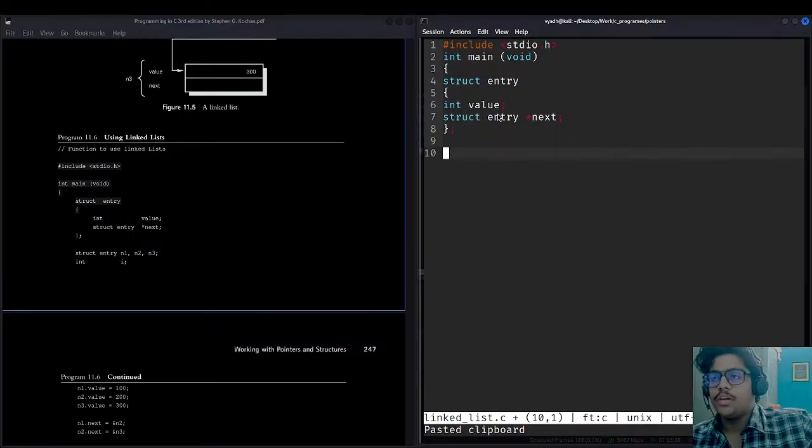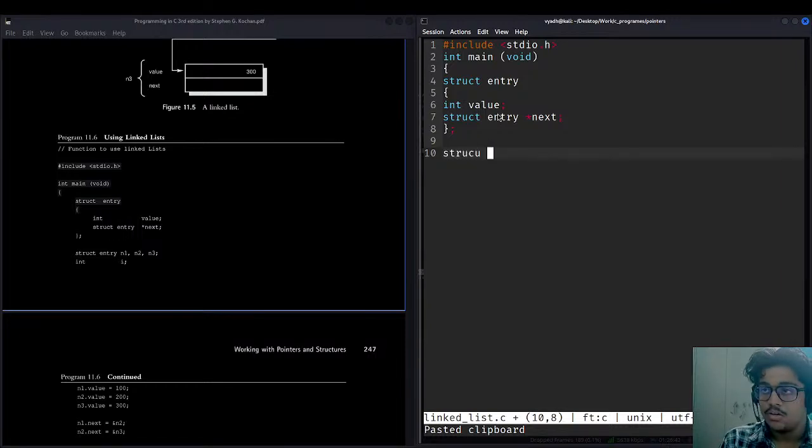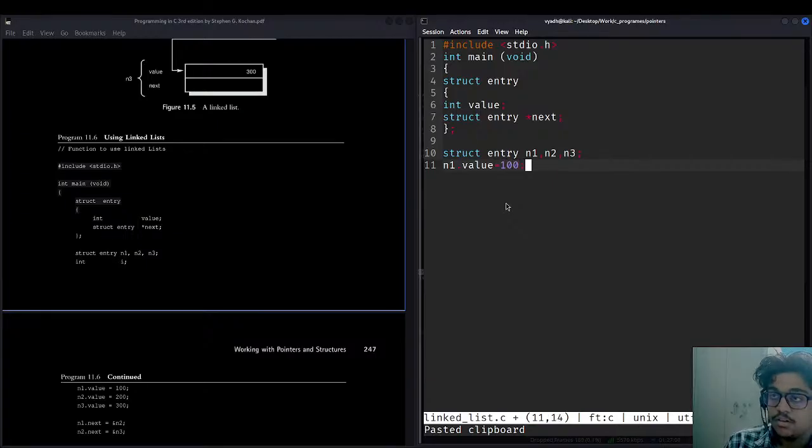And what we'll be doing now, we need to define the variables. So struct entry, we are taking three variables: n1, n2, n3. Now we are defining the value: n1.value is equal to 100.